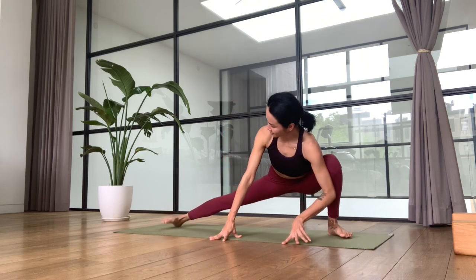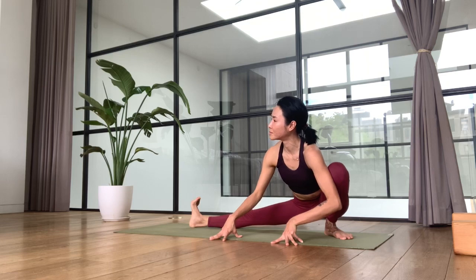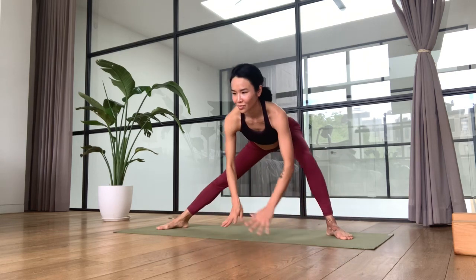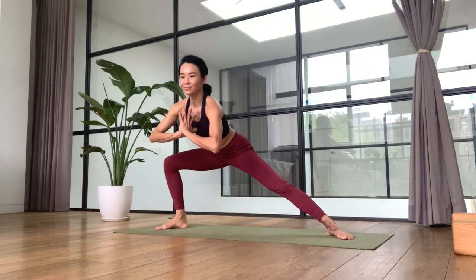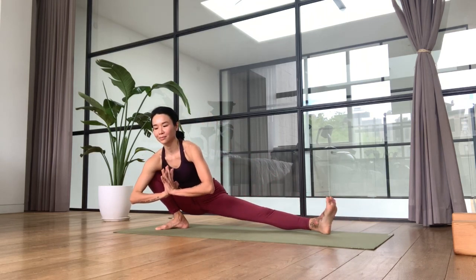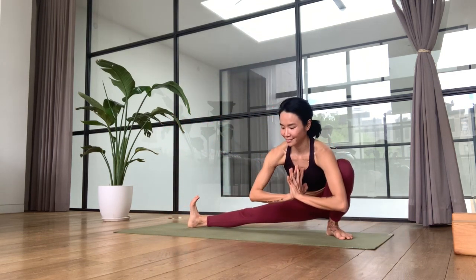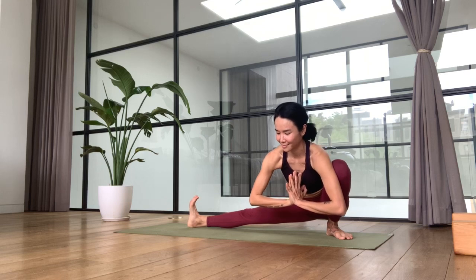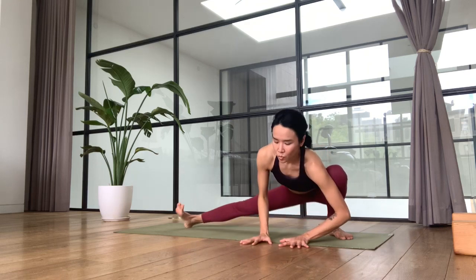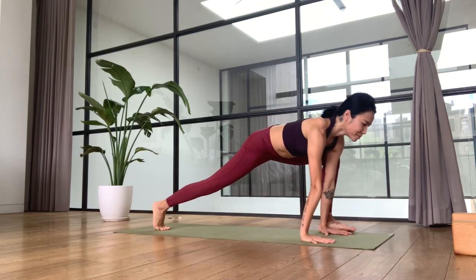Walk your hands to the left. And switch from side to side. You may balance without hands. Once you bend your left leg, bring your hands on the floor, walk your hands back to the front of